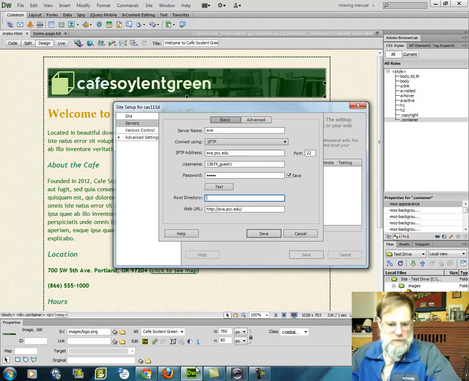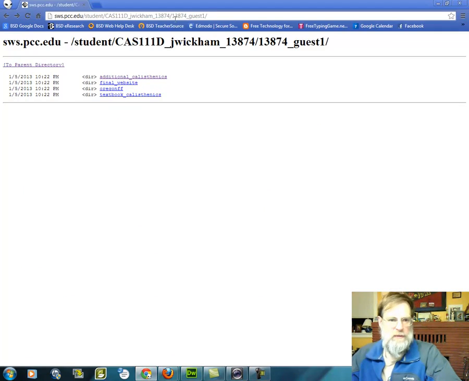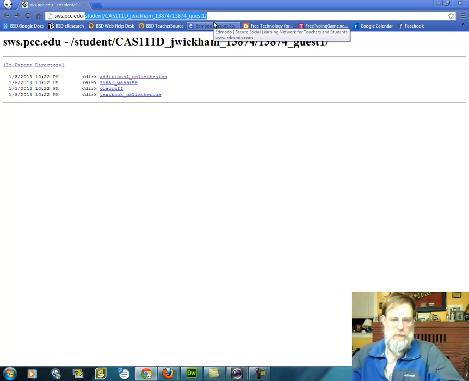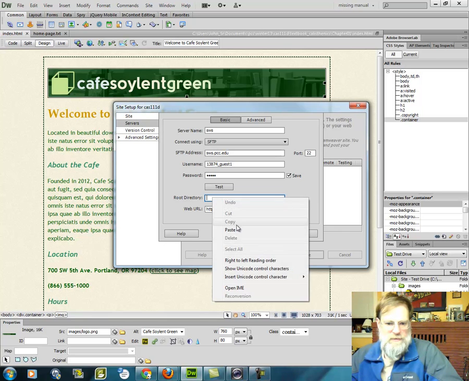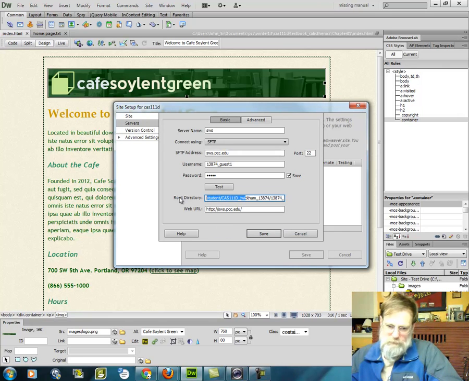The root directory is a little tricky. I'm going to go back here to the browser, and in the URL I'm going to choose the directory from student all the way back to that guest directory. I'm going to copy it, and I'm going to paste that right in there, and you'll notice that it doesn't have sws.pcc.edu in it. It just starts with the student directory,